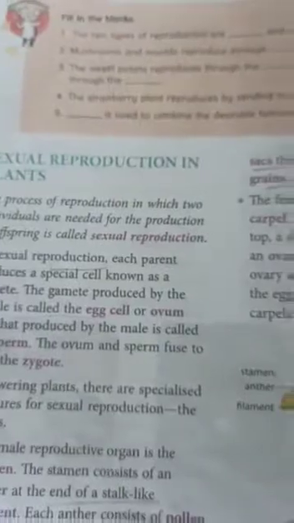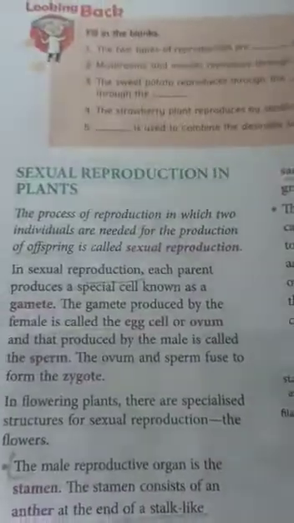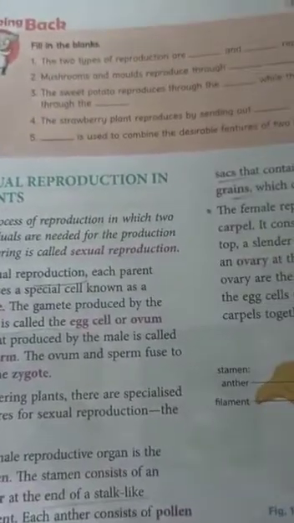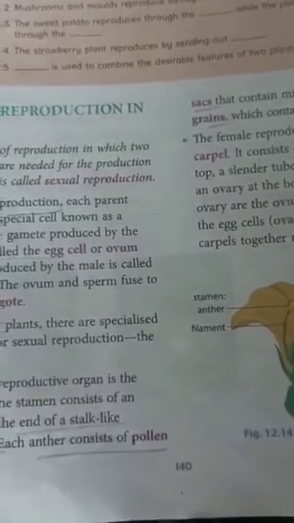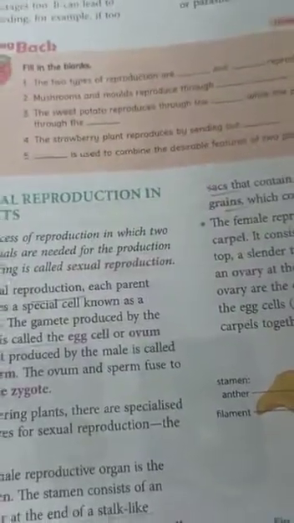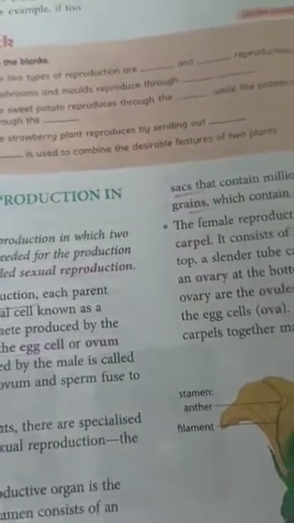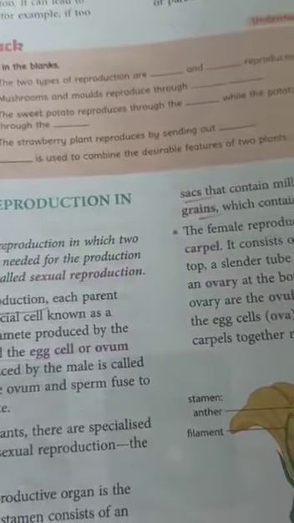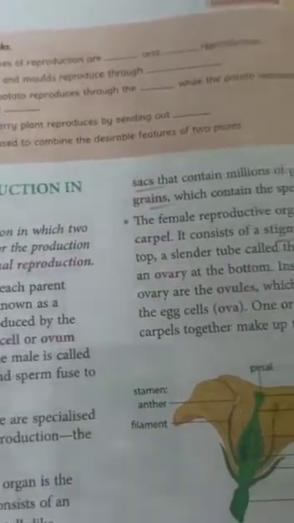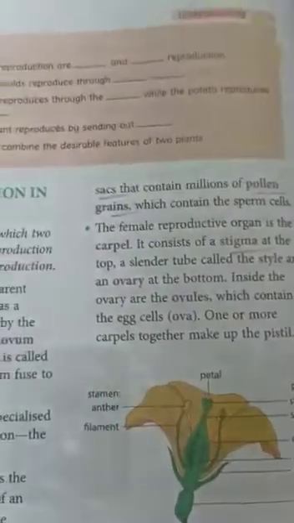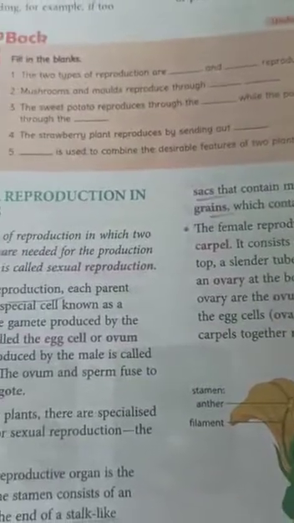So this was all about sexual reproduction. One thing you please remember is that in sexual reproduction, the nucleus plays a very important role during fertilization. It's the nucleus which gets fused in fertilization, and when the nucleus of the sperm and the nucleus of the ovum fuse with each other, only then does the zygote come. Okay.